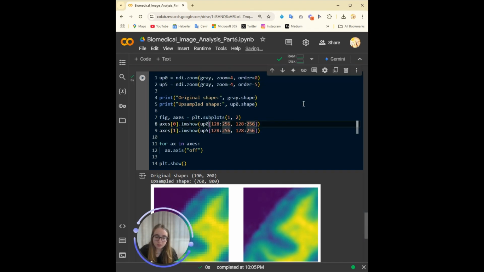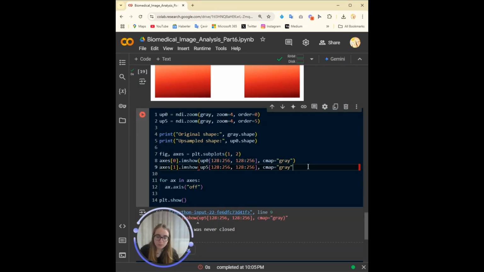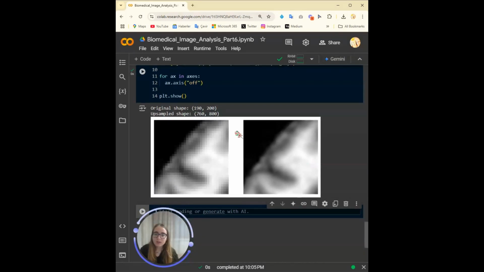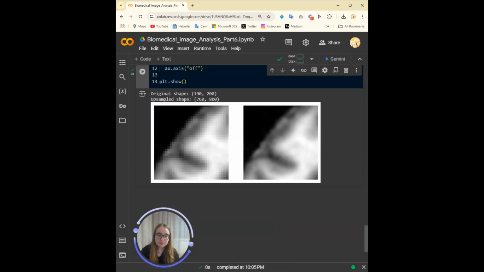Yeah, this is better. cmap gray. And now you can see how pixeled this is and how smooth that is. This really shows the dramatic difference too.